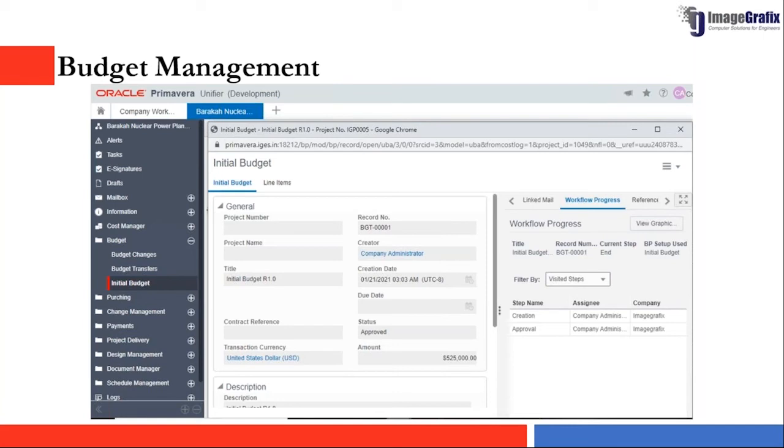Let's say there are some capital projects that might be coming in. Based on the project type, we can also change the workflows. So once your initial budget is approved, and you require additional budget, then you need to go for a budget change. You want to add a budget, or add budget to a new budget code. So you use budget changes to track all the budget changes that are happening in your project, as well as